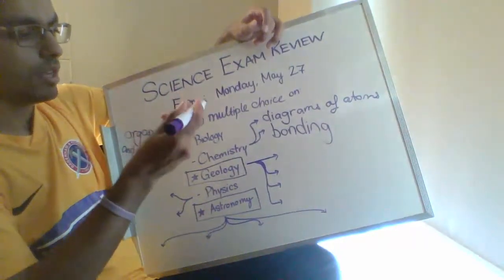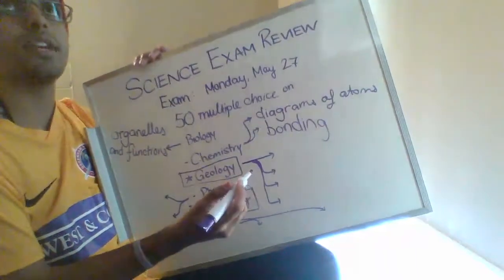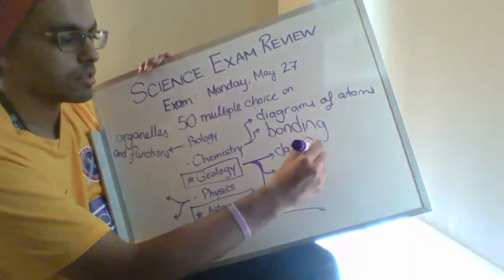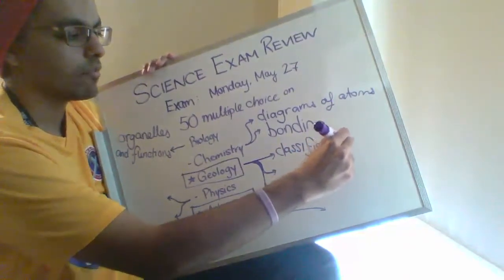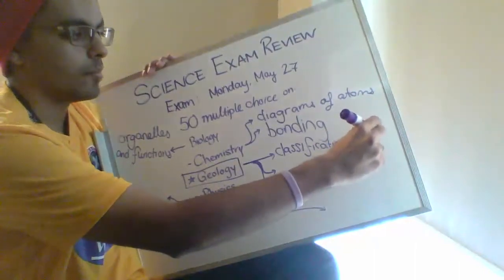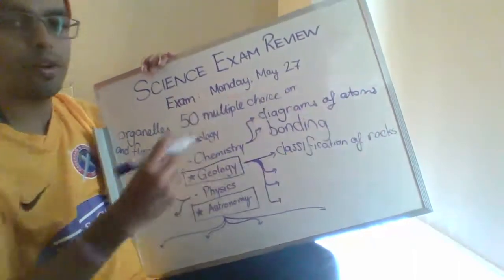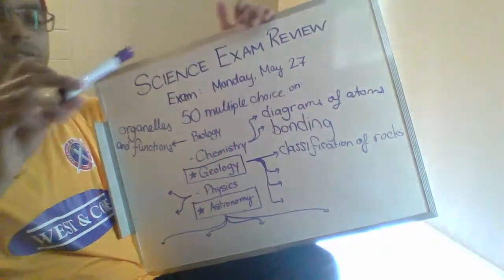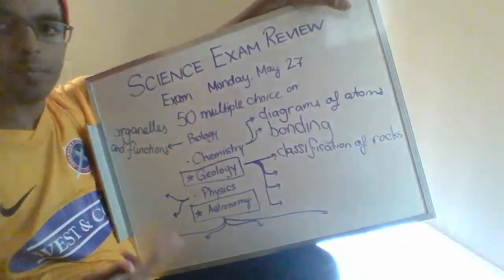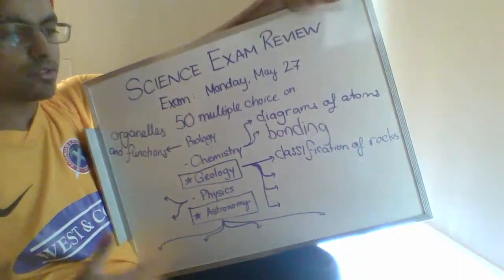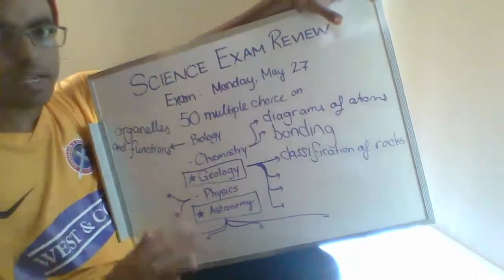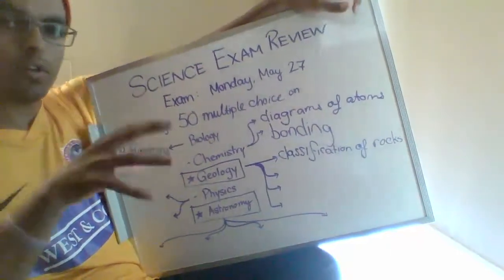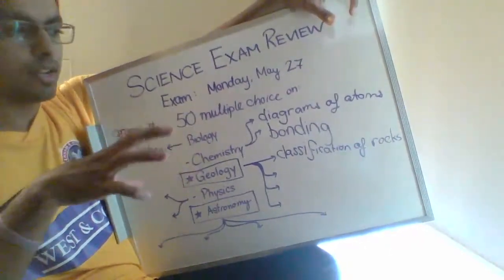So the geology unit, there are 4 things that I can test you on for this. The first is classification of rocks. So this is basically the stuff from the rock cycle, but you don't have to memorize the rock cycle itself. If you can just understand the rock cycle in the sense of how each type of rock forms, then that'll suffice. So if you understand that if a rock of any type melts into magma or lava and